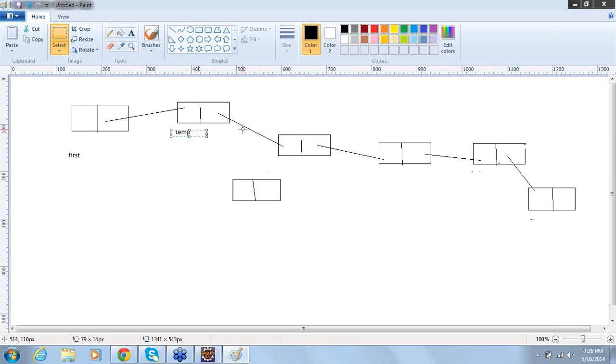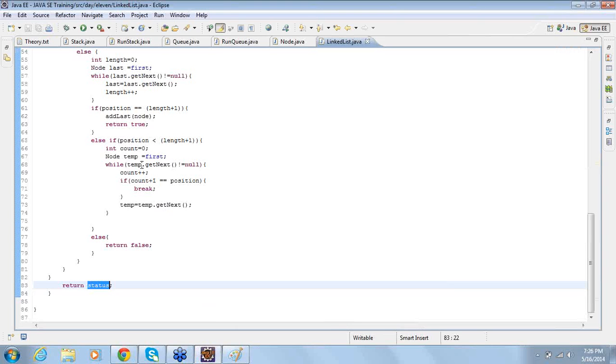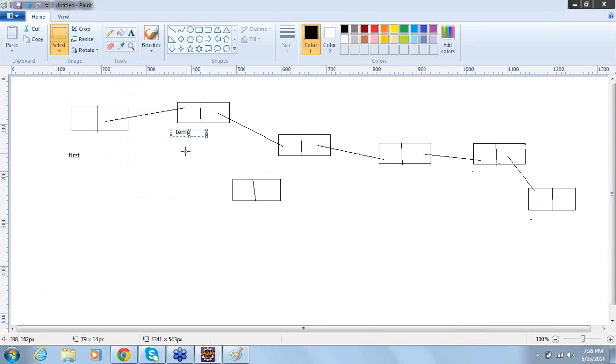So where exactly do I need to add? Third position. So I'm at the right position here. That's what is happening here, right? Temp dot get next not null, increment the count, check whether the count plus 1 is position or not. Yes, when temp dot get next not null, count is 2, 2 plus 1 is 3, I'm in the right position. Then what I do here is,